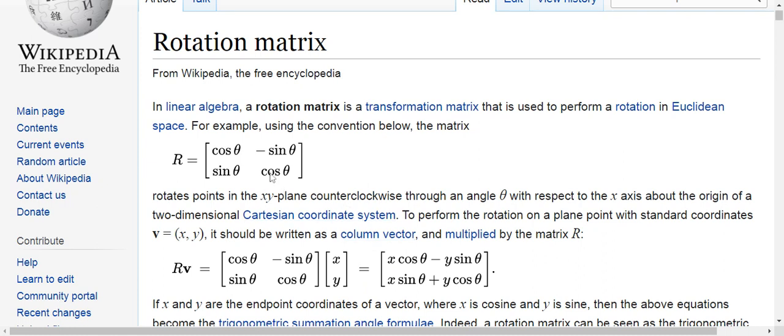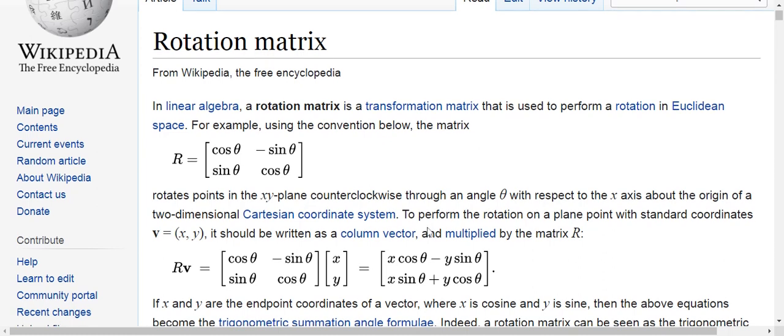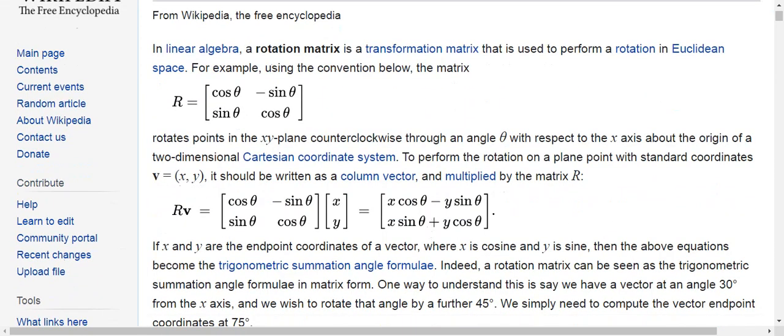For computation of this new value, we can use a rotation matrix. A rotation matrix is basically a 2 by 2 matrix in case of 2D vectors. That is, we just write the four elements in terms of sine theta and cos theta, and if we multiply that rotation matrix with our vector, we get a new vector. That vector represents the new value for the same vector after rotating our frame of reference by angle theta. Now this is for 2D space.